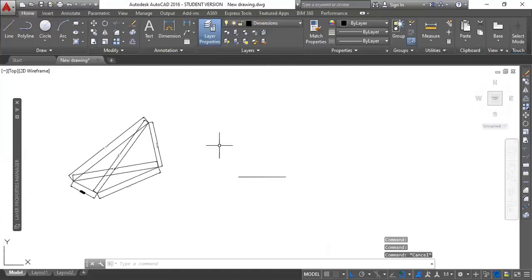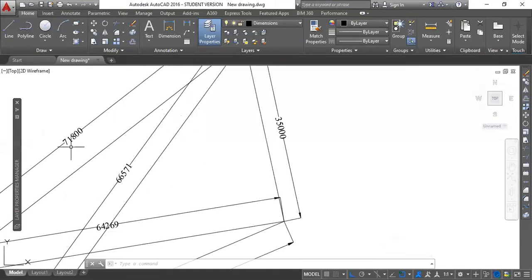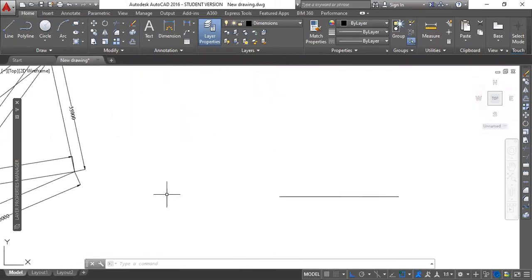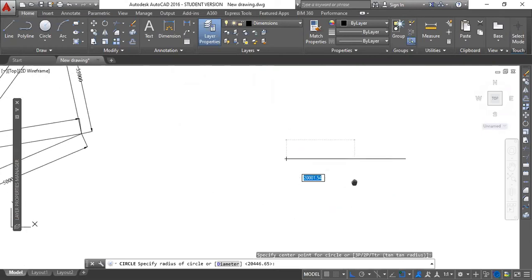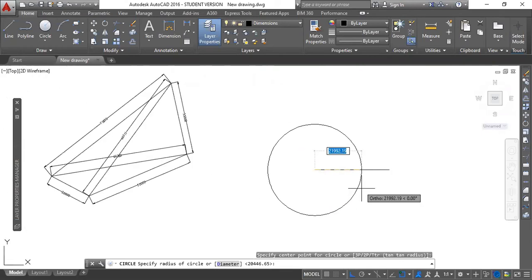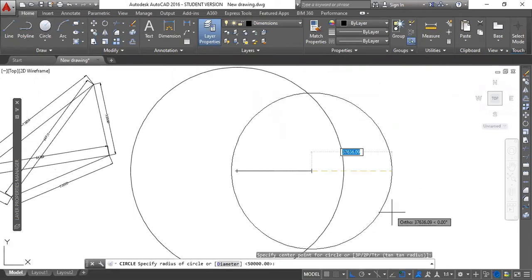Then I know that there are 2 sides. One is of 71.8 meter and one is of 50 meters along this particular 35 meter side. So what I will do, I will just draw 2 circles. I know that at the left side there is 50 meters, so the radius of this circle will be 50 meter, and on the other side there is 71.8 meter.